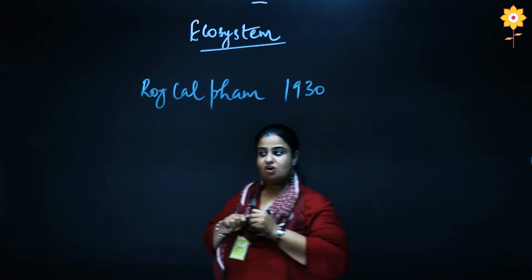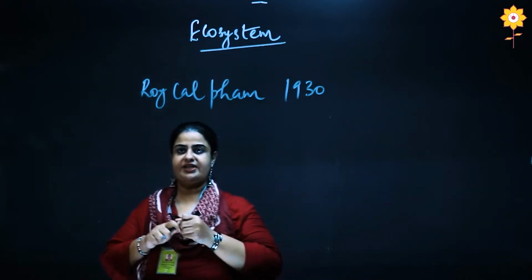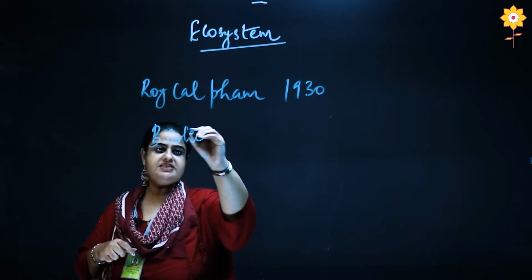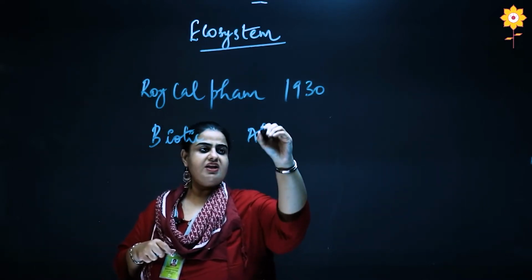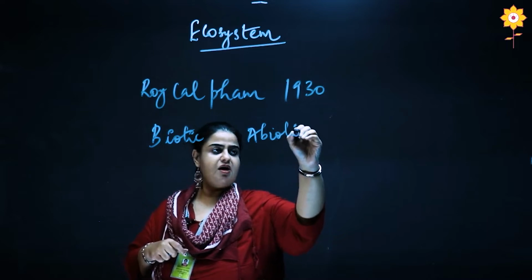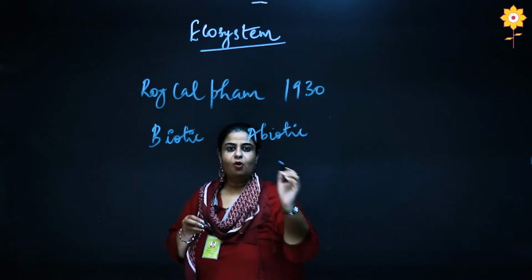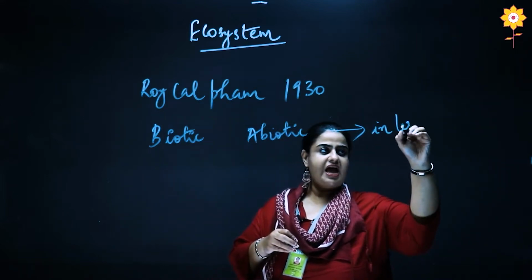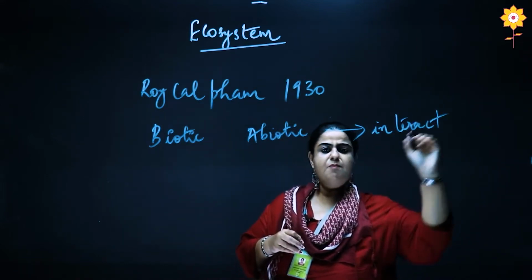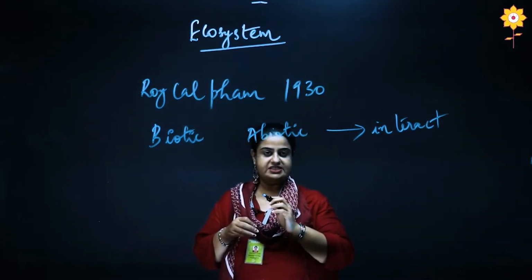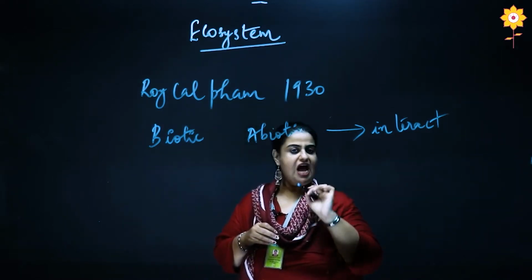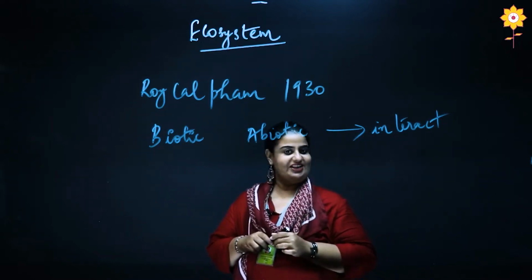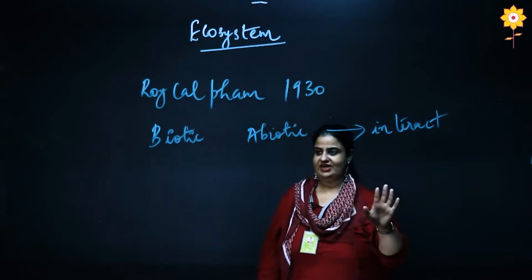Now, when we talk about living and non-living components, living components are also called biotic components, and non-living components are also called abiotic components. Both these components usually interact with each other, and this interaction is majorly based on two reasons. That is exchange of energy and flow of nutrients or materials. Now, why is this relevant? Let me tell you how this is relevant.